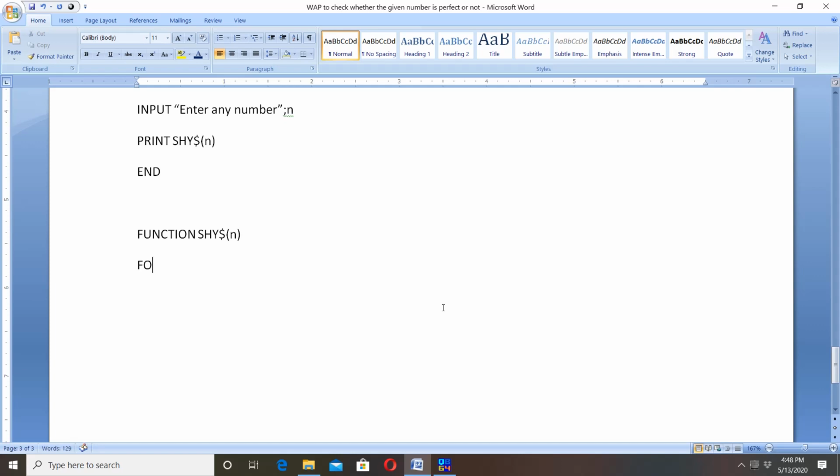So to find the factor, firstly I have to go from for I is equal to 1 to n, because we are calculating the factor here, and for that we have to use the looping statement, and for is the looping statement over here. Now n should be divided by I, so if n mod I is equal to 0, then if n is exactly divisible by I, at that time I will be the factor